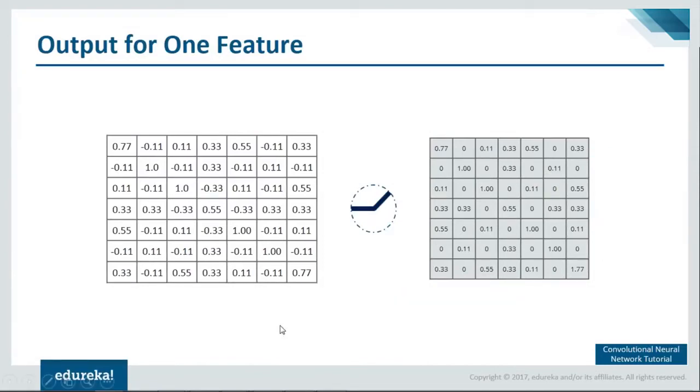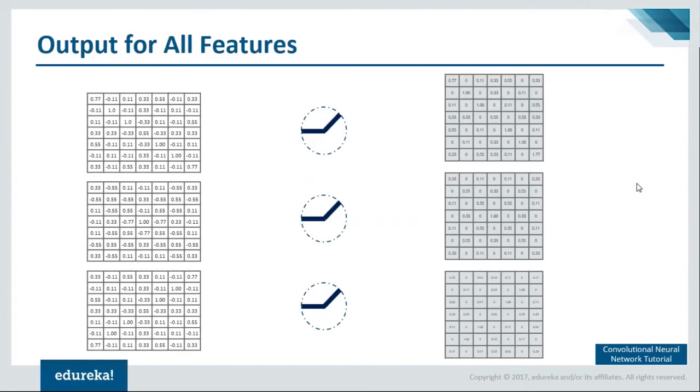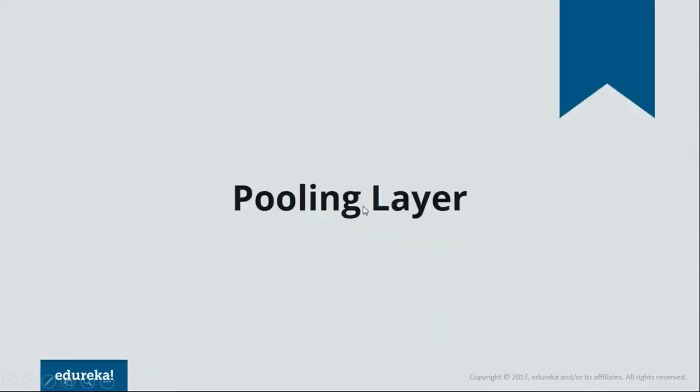Now remember, this is only for the output that we got through one feature. When we were doing convolution, we were using three features, right? So this is the output only for one filter. After doing it for the output of the other two filters as well, we have got these two values more. So in total we have these three values after passing through the ReLU activation function. Next up, we'll see what exactly the pooling layer is.